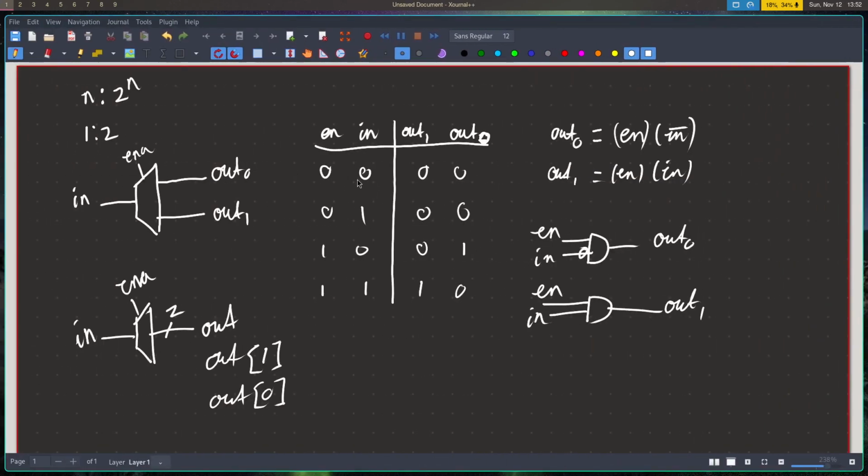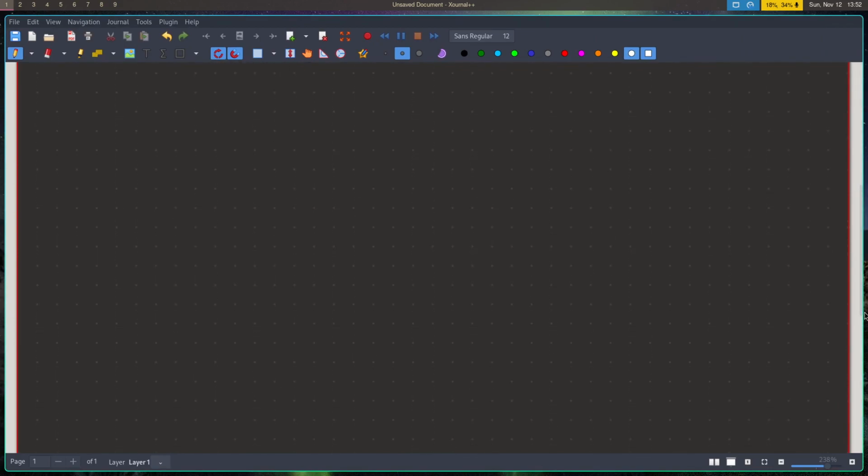Now, what about a 2 to 4 decoder, right? So we have 2 to 4. Well, what does this look like? It's going to have a 2-bit input in, it's going to have an enable input, and it's going to have a 4-bit output, right? And